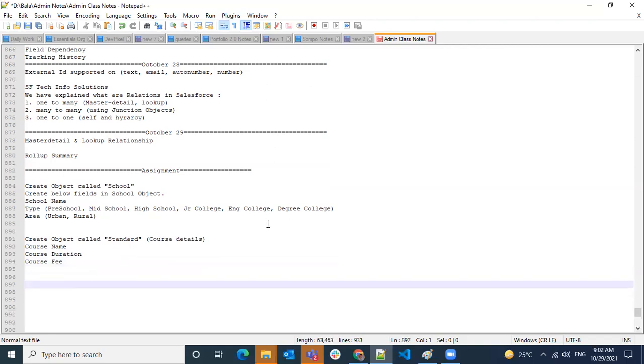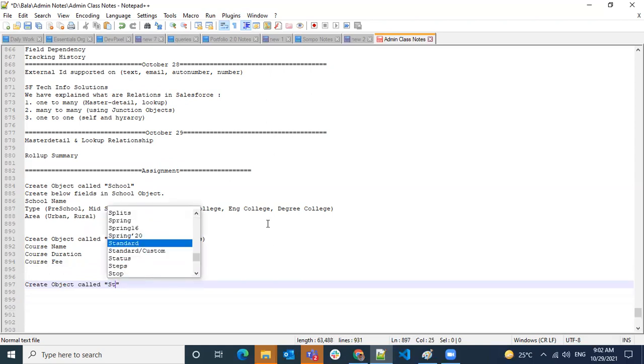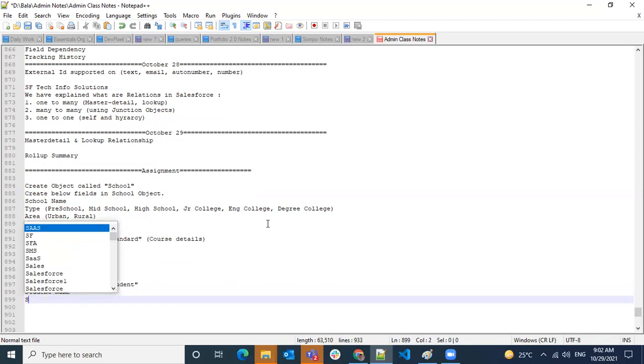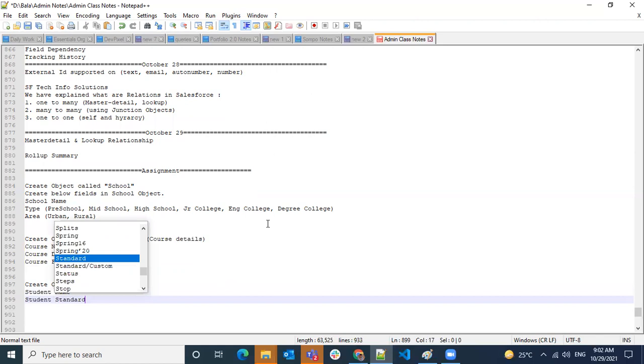And then create an object called student. In student, I want to see student name, student standard.